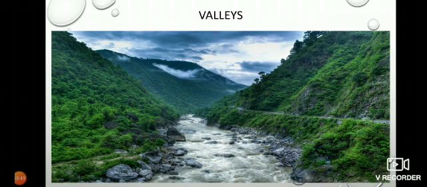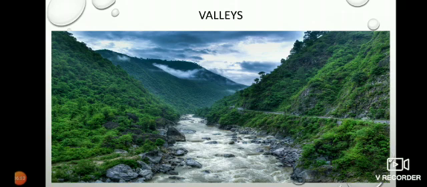We move to the next landform. Valley. What do you mean by a valley? A valley is a lowland area between two mountains, or between two hills. At the base, it may have a flowing river, like you are seeing in this picture. Can you give some examples of valleys?